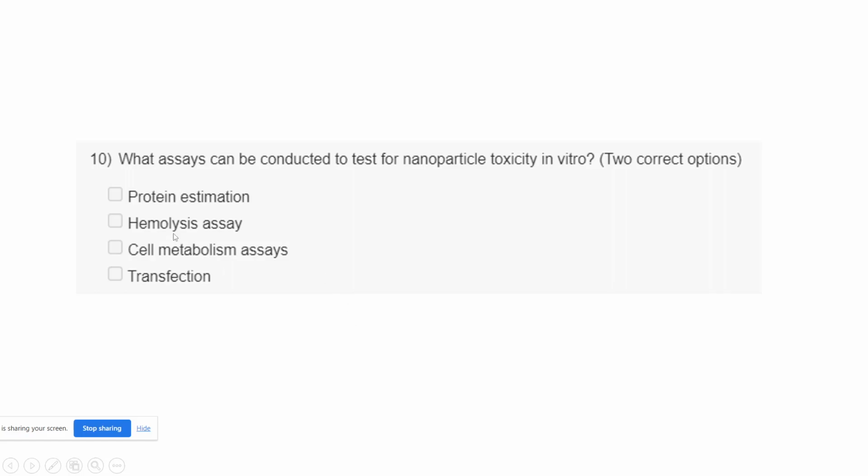And for the cell metabolism assay, you can measure it as well by incubating these particles along with cells, and you can put another detecting agent to measure the cell metabolism. Okay,